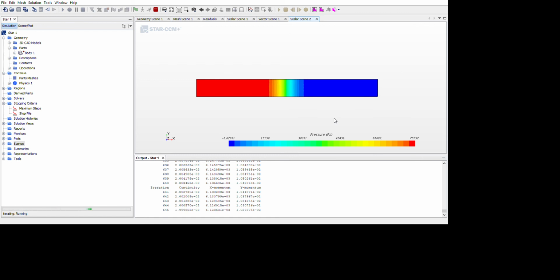Since it's an incompressible flow, or to put it in simple words, my velocity is less than Mach 0.3, the change in pressure, the gauge pressure, is very small. But when you go to compressible flows, the gauge pressure change is very high. So now we can just look at the pressure. The relative pressure is almost equal to the atmospheric pressure.